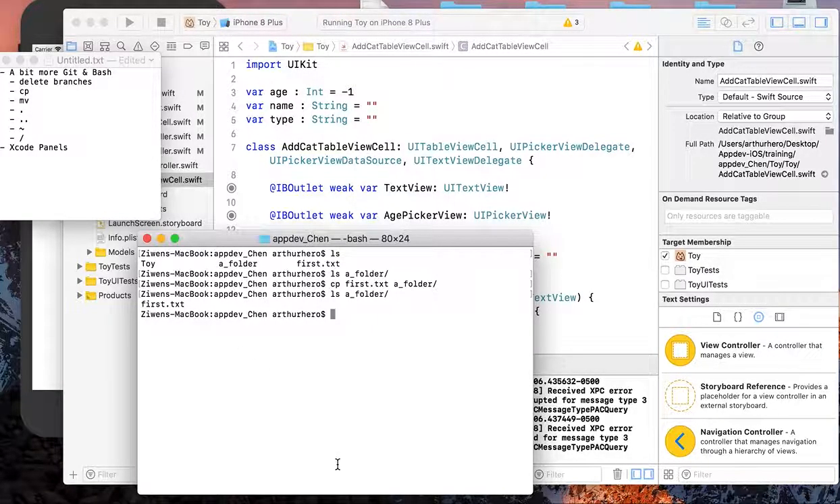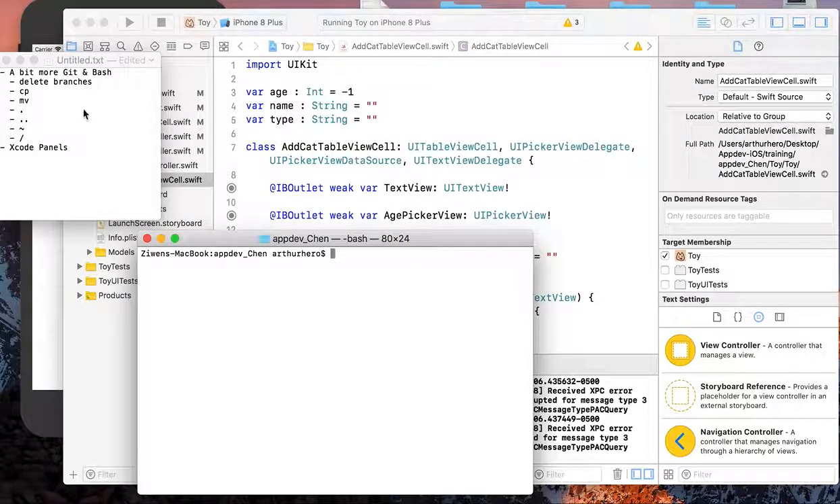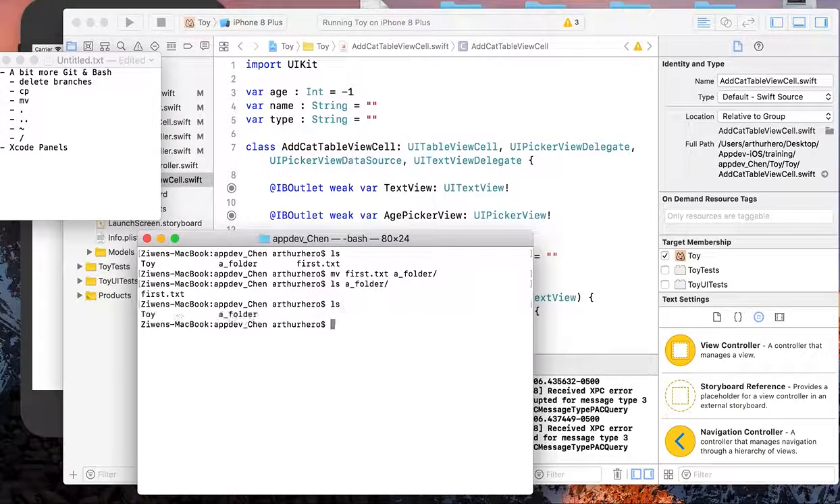Boom, it's there. And to remove it, just type rm, which means remove, and the path to the file. Okay, it's empty again. Now we can use mv, which means move, to move the file. So now we can move first.txt into A folder, and list again, it's there, and it disappeared from